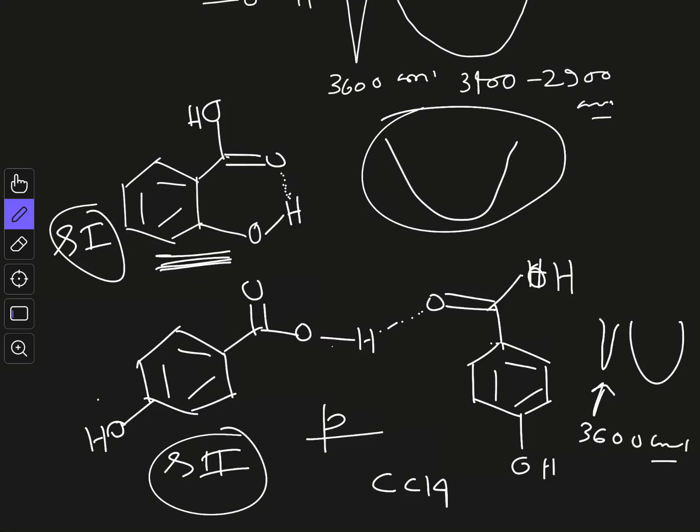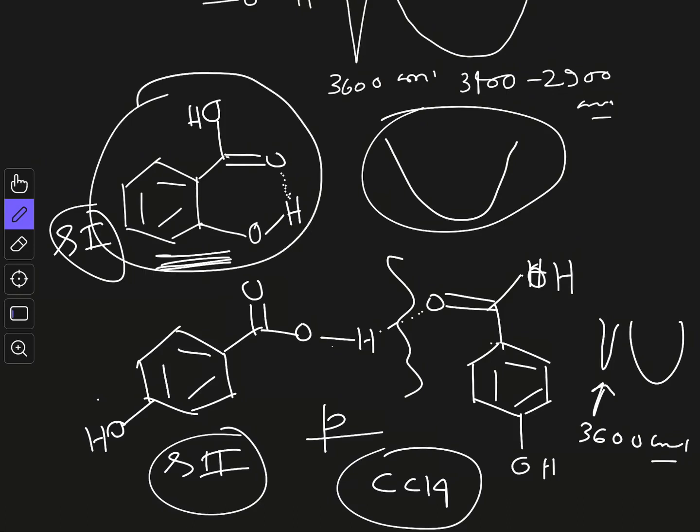Now what is the reason? The reason is, when you dilute the sample with CCl4, this intermolecular hydrogen bonding will break, because solvent molecules will go between two molecules and it will disrupt the hydrogen bonding. But in case of intramolecular hydrogen bonding, solvent will not have any effect, and that's why the hydrogen bonding will be unaltered and you will have a broad spectrum. So this is a general thing, and any kind of molecule where you can have intramolecular hydrogen bonding, you cannot disturb the hydrogen bonding by solvent effect, and your spectra will be broad.